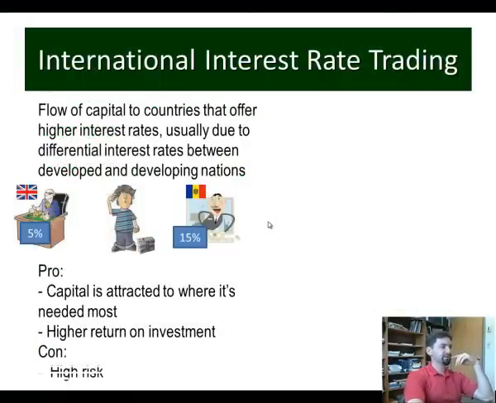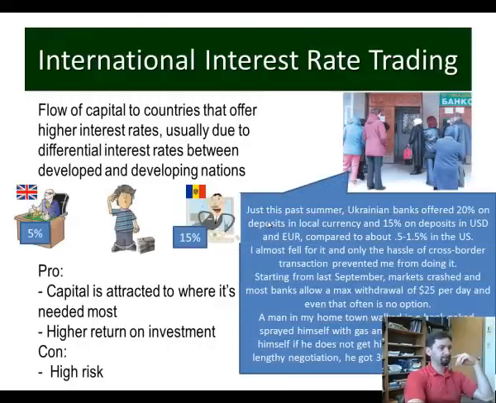Now this one is interesting. International interest rate trading. I'll give you a few examples from my personal life, and so they're kind of smaller time, so it's nothing about billions of dollars, but they illustrate very well how international interest rate trading works. The thing is that if you want to lend money or if you want to borrow money, you will